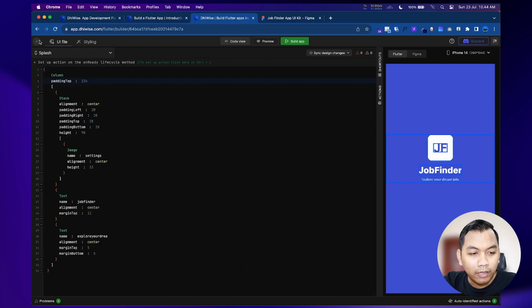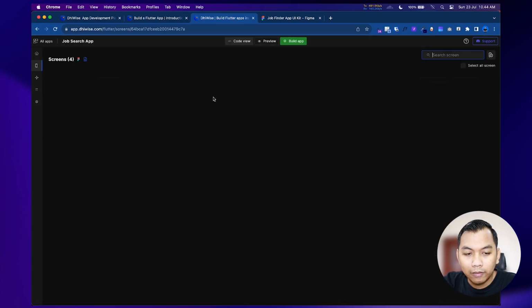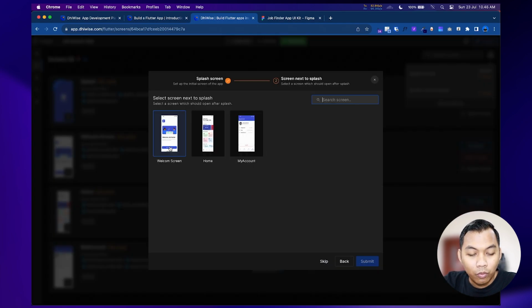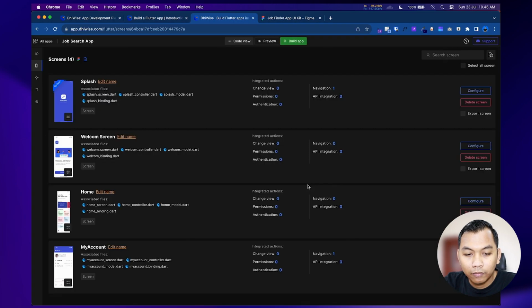So let's go back. There is a back button, and as you can see, this is our screen for the app. Here we have a setting button. We have the splash screen, set it to splash, and then the screen next to splash, we select this welcome screen.